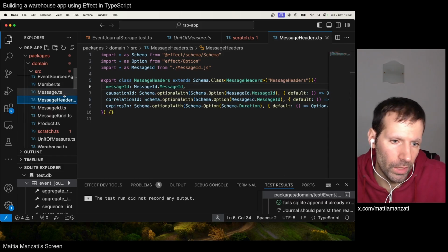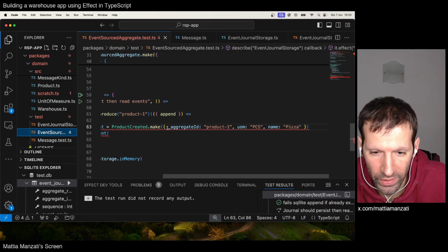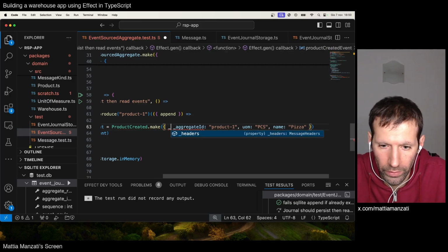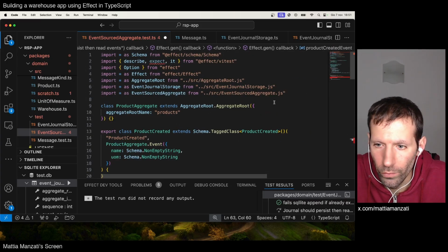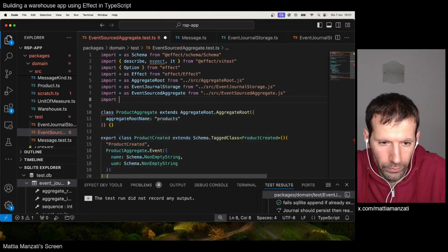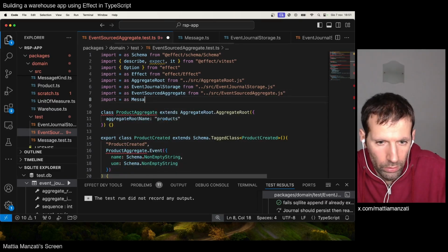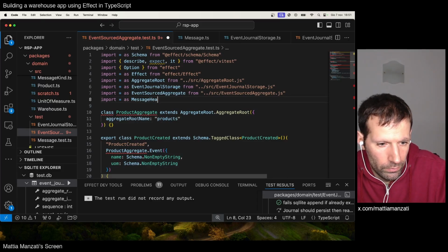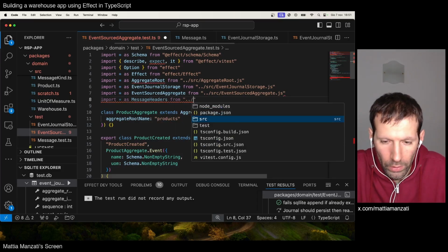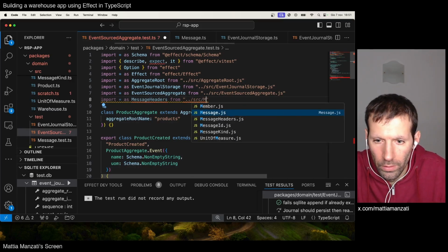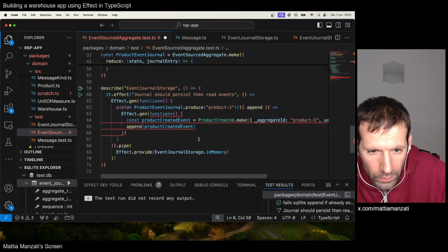So maybe for tests, we can just manually type that in. We need to import everything as message headers from src message headers, and then we will create